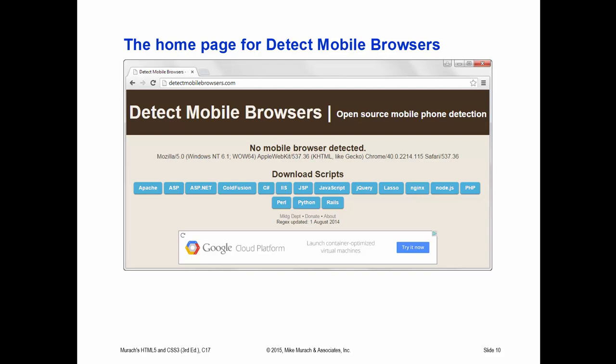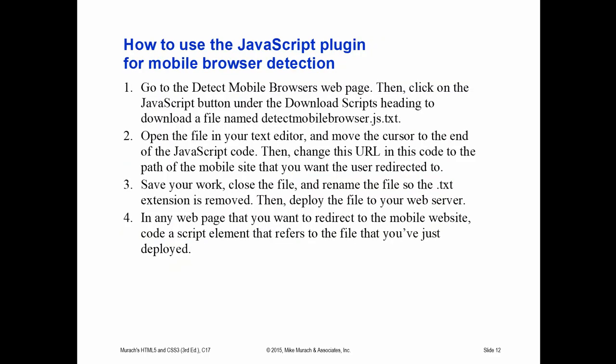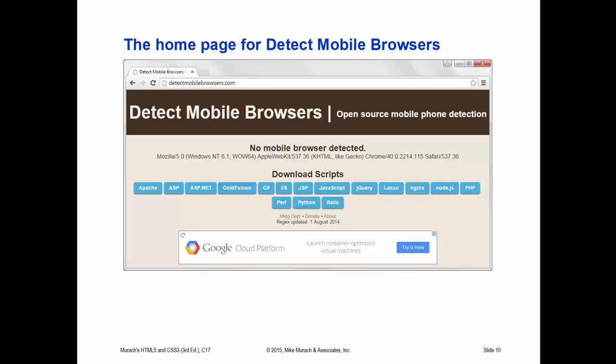And as far as how to use this JavaScript plugin for mobile detection, it says here, and I think it'll be on the next page, there. Go to the URL, then click on the JavaScript button under the download scripts. So that'd be right here. To download a file named detectmobilebrowser.js.txt. Then you open that file in your text editor, move the cursor to the end of the JavaScript code,